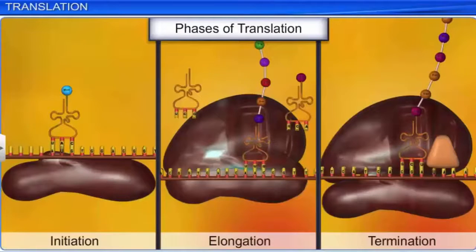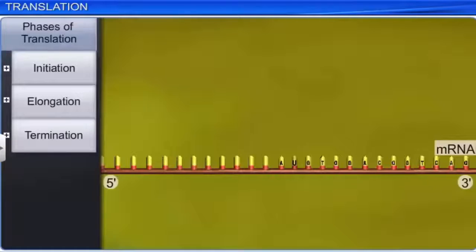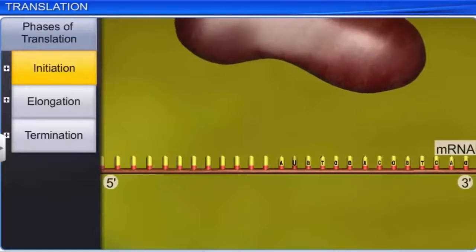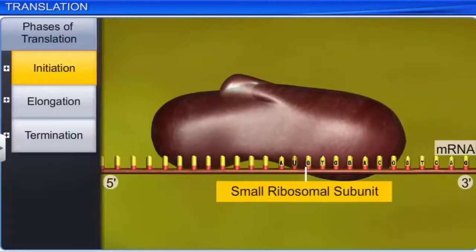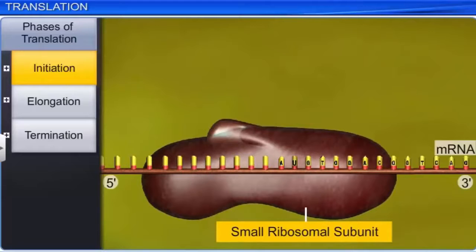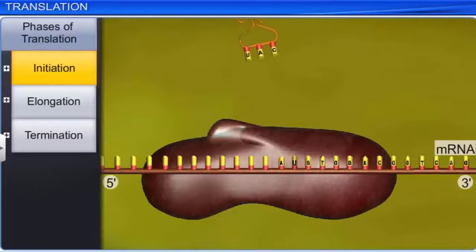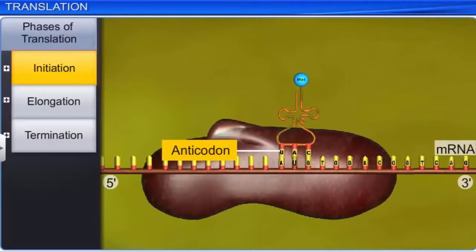Translation occurs in three phases: initiation, elongation, and termination. In the initiation phase, the small subunit of the ribosome moves along the mRNA strand to locate and bind to the start codon AUG. The first aminoacyl tRNA carrying the amino acid methionine with an anticodon UAC binds to the start codon at P site, after which